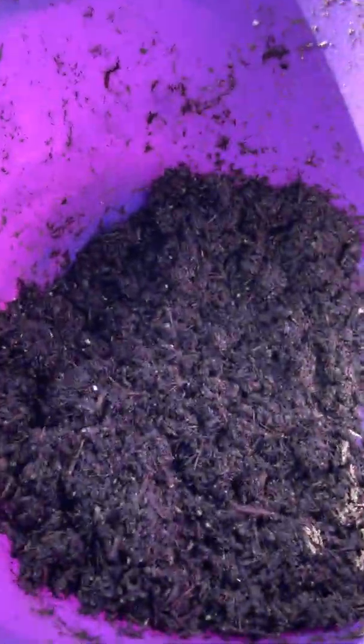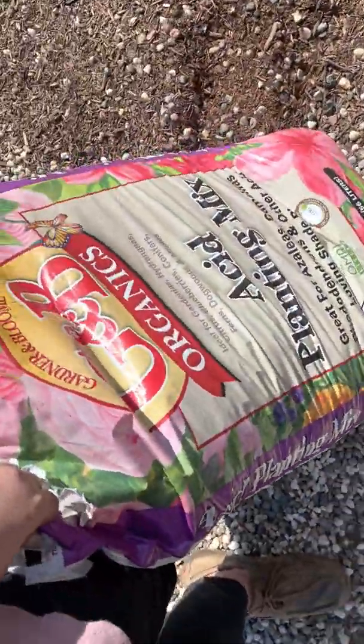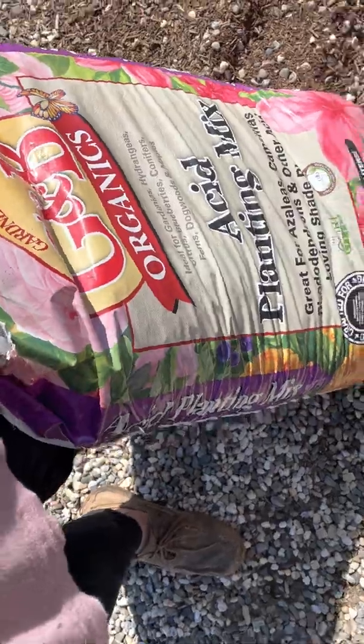So the first thing is that I got some potting soil, but really it should be seed starting soil. They didn't have any seed starting soil, but something that they said at the nursery at West Turf is that they do an acid planting mix, and it's a good way to jumpstart the seeds so